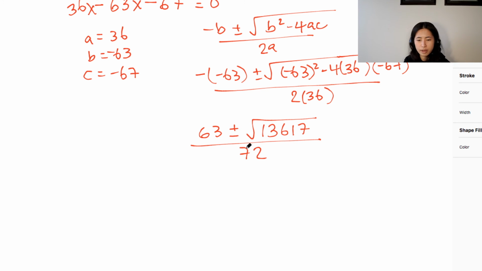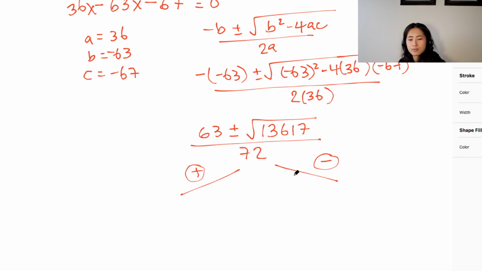There's the plus and the minus one. So if you have plus versus minus, right? Now this is the time that you're allowed to express your final answer in terms of decimal. So try this. You have 63 plus square root of 13,617 divided by 72. So your x value should be 2.5, and then if it's negative, right, so you're going